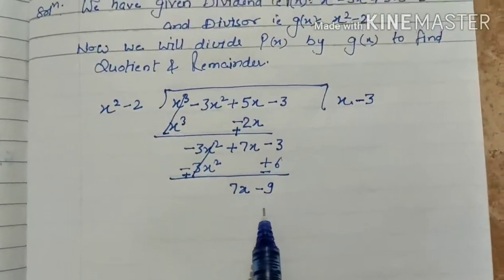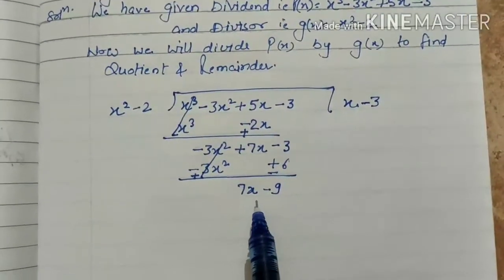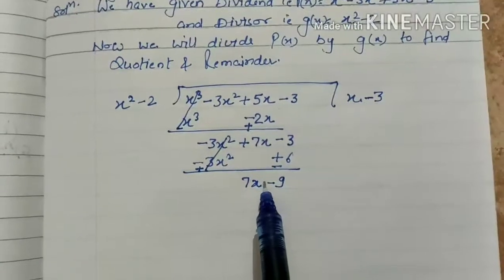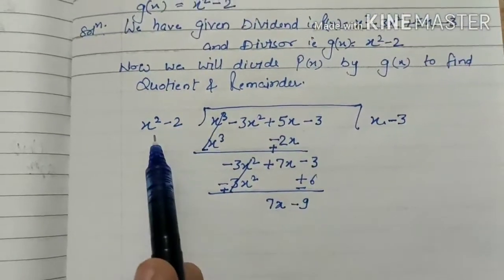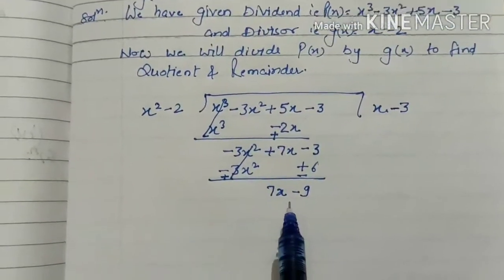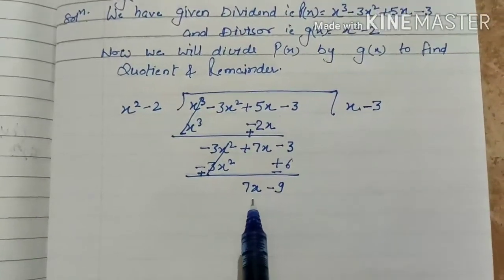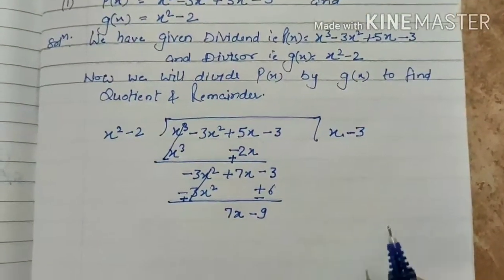So as you can see here, the degree of the remainder, that is 1, is less than the degree of the divisor, that is 2. So we can't divide further. So this is the remainder, and this is the quotient. So we can say thus